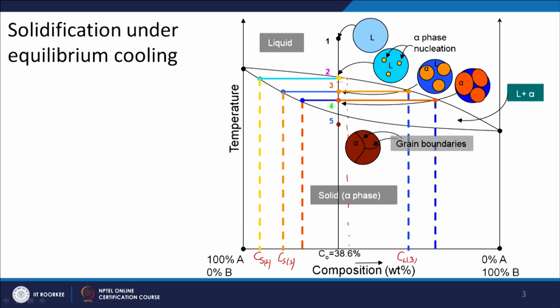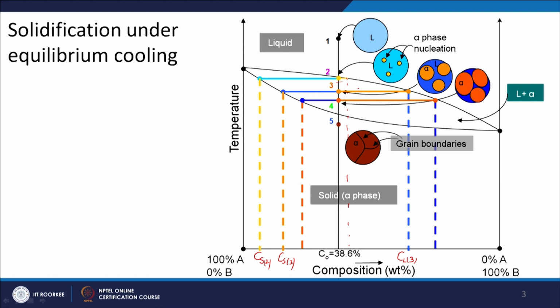and to have an equilibrium composition, I have to give enough time for redistribution of the solute within the whole solid. For the liquid, earlier the composition was very close to the overall composition, but now it has increased, because my solid is rejecting the solute into the liquid phase. That is why the composition of liquid is increasing. I can again find the fractions here: this arm length divided by the total arm length will give me the fraction of solid,